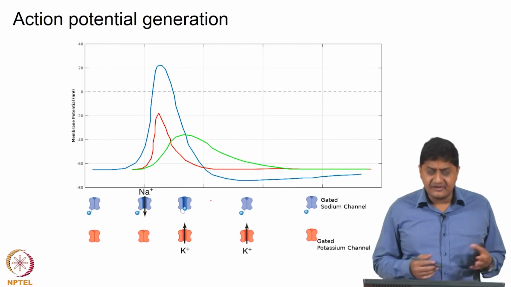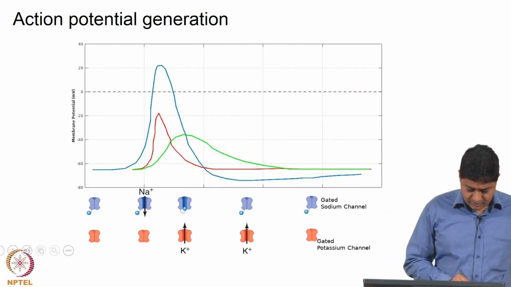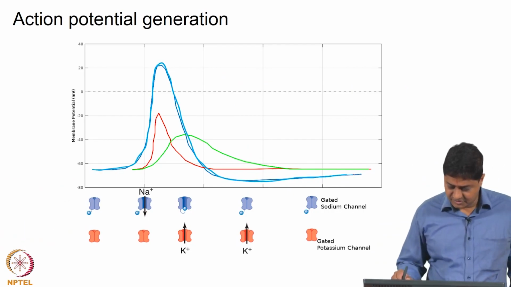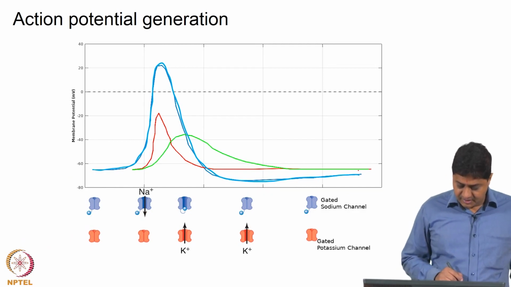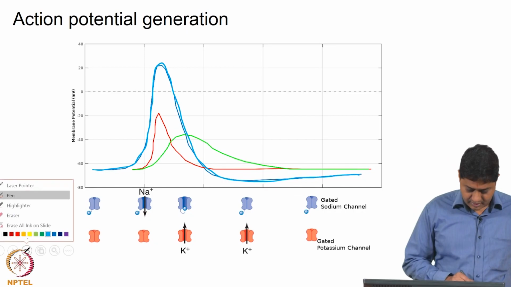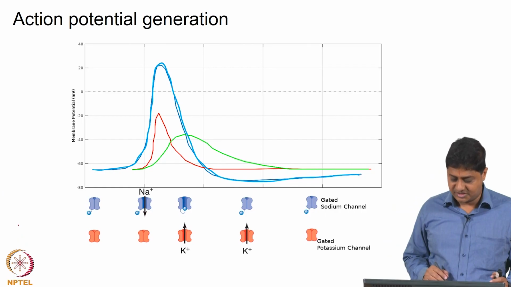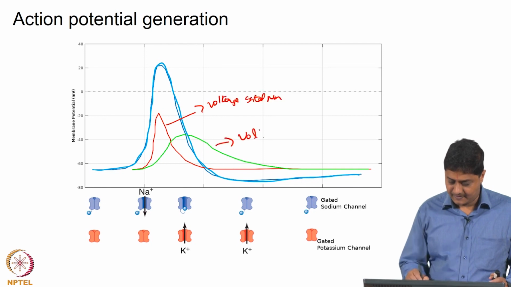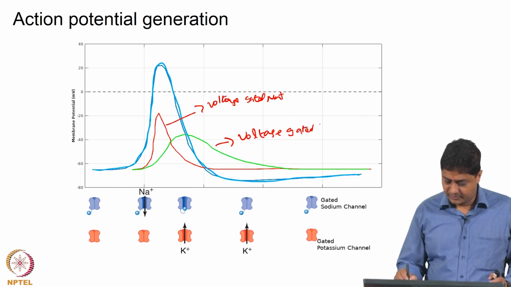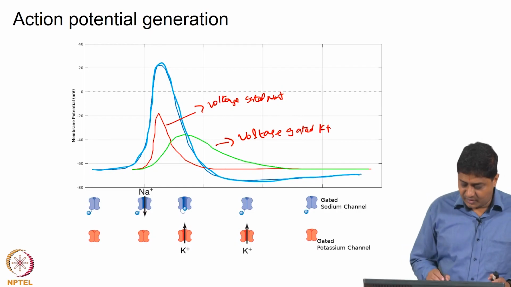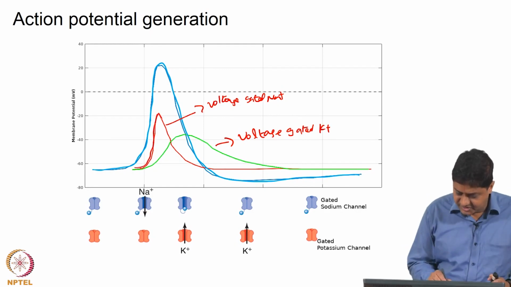What causes this? One more time, another way of viewing the same thing. The plot in blue here is the action potential. This is the action potential plot. What you see in red and green here are the conductances of the voltage gated sodium and voltage gated potassium channels respectively. The red one is the voltage gated sodium and the green one is the voltage gated potassium channel. Now, what I mentioned earlier, the sodium conductance remains high only for a brief period of time and immediately comes down,